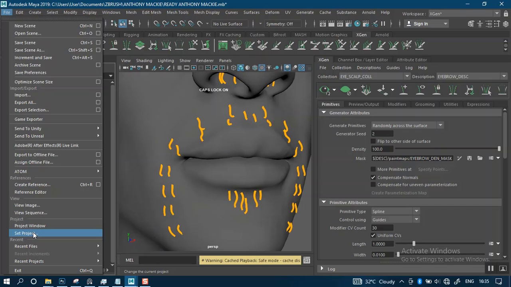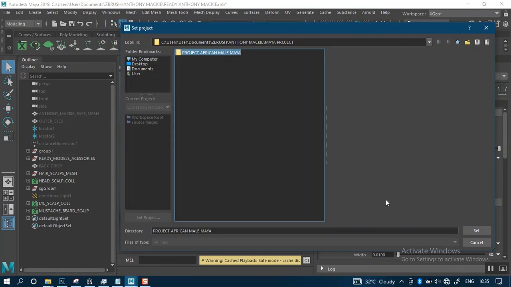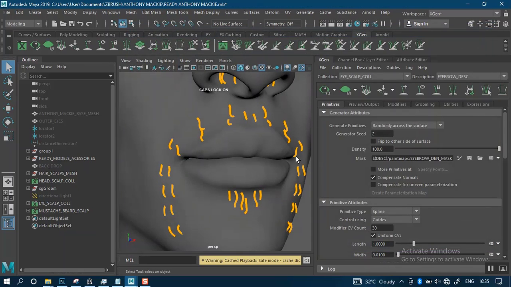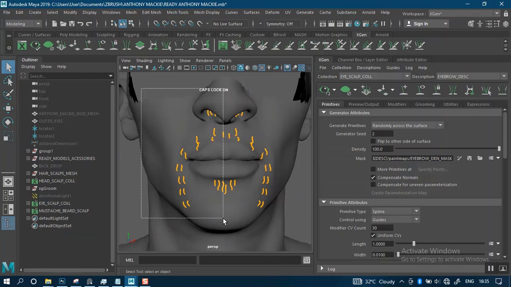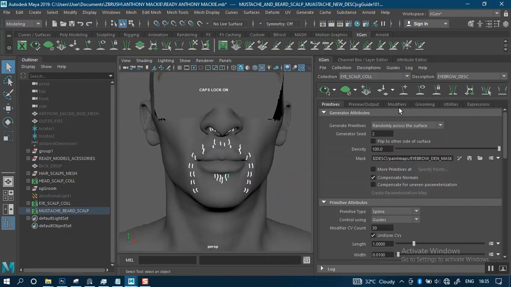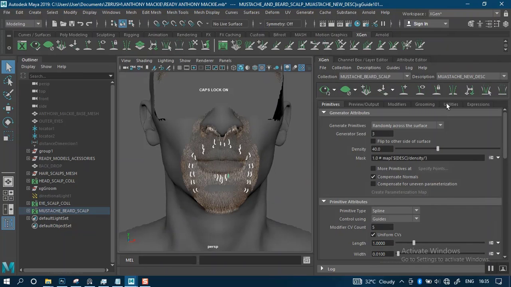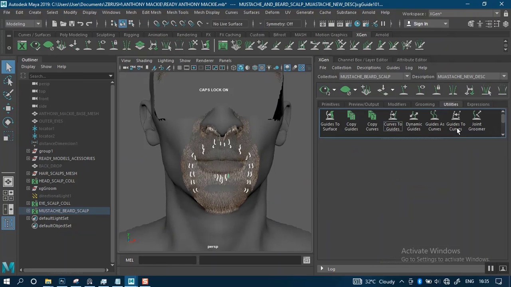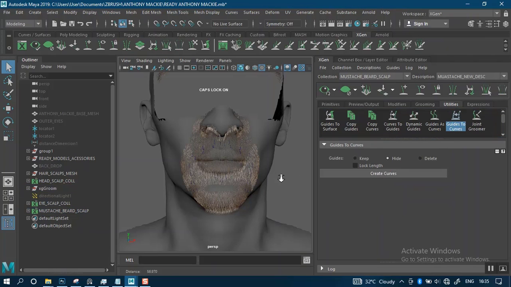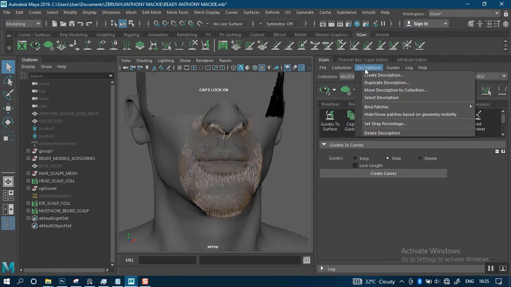So let's set project first. Now I'll convert all of this to guide first. So I'll select all of this. Now go back to the mustache, turn this off, guides to curves. Okay, then I would